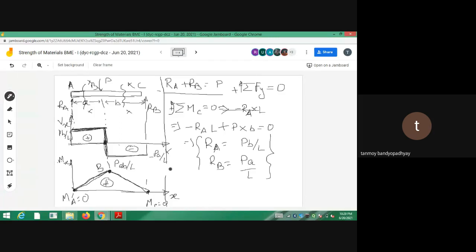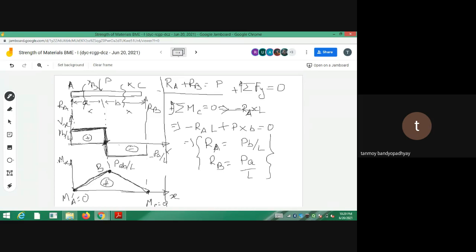Is there any connection with the shear force? You can see that the shear force changes its sign at the point B. Whenever the shear force changes its sign, or shear force is equal to 0, you can also call that at this point the shear force was 0. At this point, the shear force passes through the 0 point, or rather it changes sign. There is an abrupt change. Initially it was something, and just as you cross the point, you get an abrupt change of the shear force. So whenever the shear force changes its sign or shear force is equal to 0, the bending moment is a maximum.